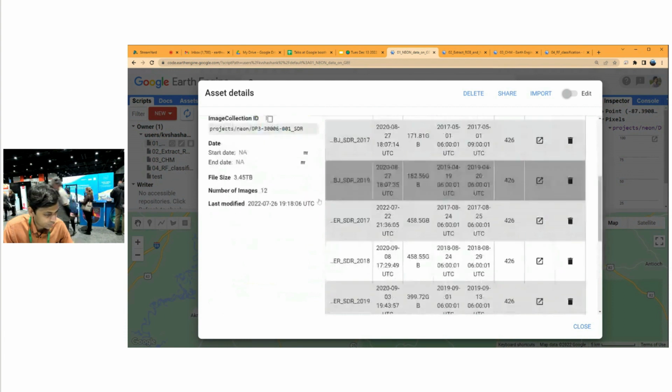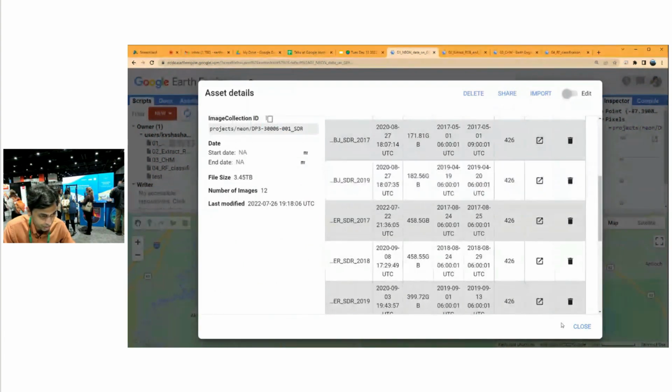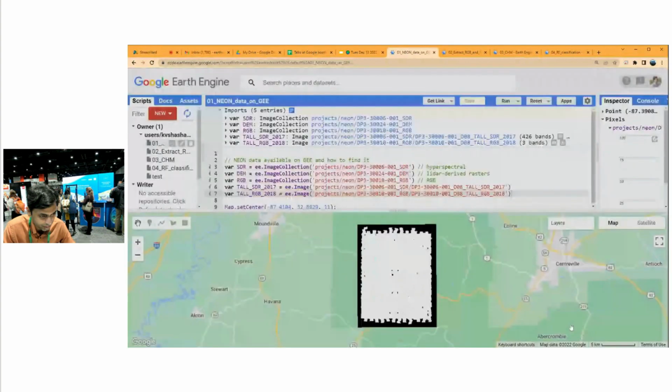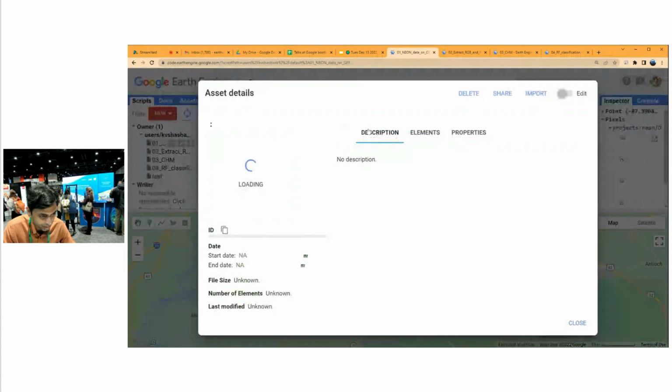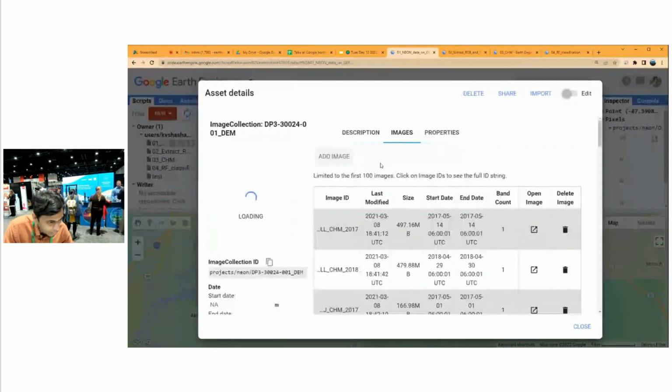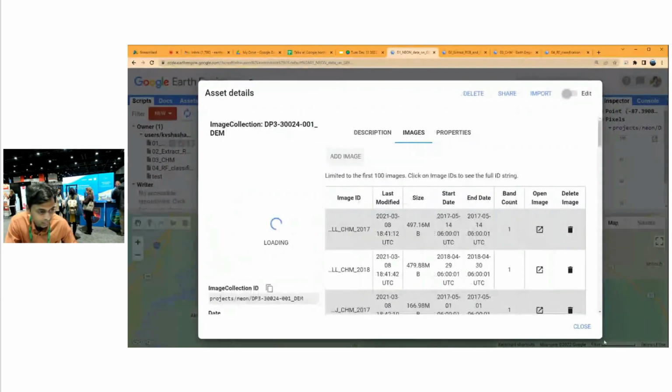You'll see that there are 12 images, and we provide more information about each image here. And then similarly, you could go to the image collection for LiDAR derived. And again, it's going to hopefully show up the individual elements of that collection as well. If you're not interested in looking at or ingesting the whole collection, but looking at just one image, you can